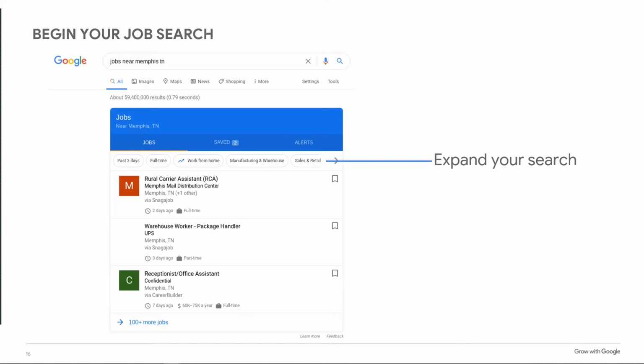So from here, you can expand your search. This is an example of what that search looks like. Across the top gives you some filter items that can help you expand or reduce the search based on the information that you gave. We were very vague in the information that we gave them. We wanted jobs near Memphis, Tennessee. However, we didn't give them any details, like a salary limit, a location, or an industry, so they're going to give a lot of jobs that are available in Memphis, Tennessee. What we want to do now is figure out how to filter that, how to figure out what's best for us in our opportunity.